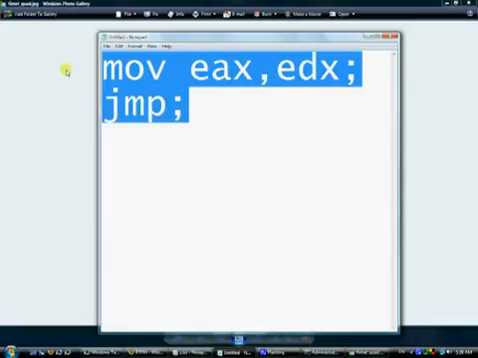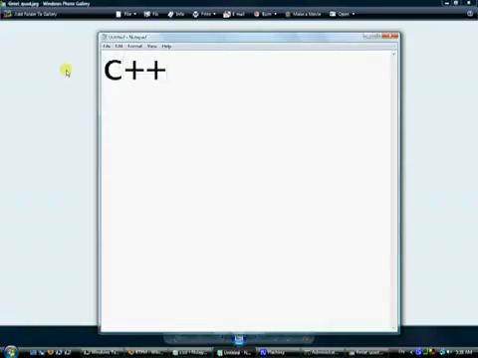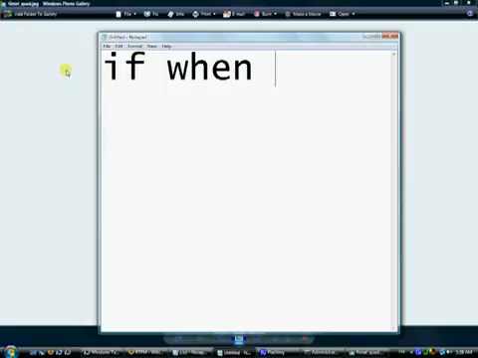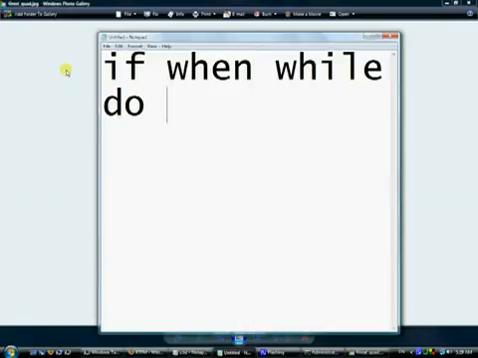Now, a little later in the years came this programming language called C++. And that's a lot easier and a lot more English, so to speak. You have words like if, when, while, do, and stuff like that. And with this type of syntax, it's a lot easier to understand what's going on. And if I open up these instruction files and I look at what's going on over there, I could pretty much make out what's going on. What are we trying to do? So that's basically what the sequence of programming languages were.